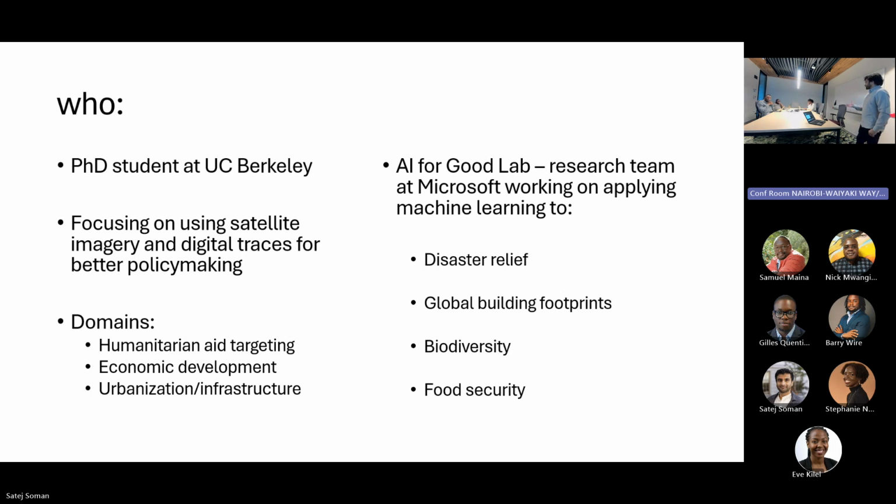For the last 5 or 6 months, though, I've been here in Nairobi as a visiting scientist with the AI for Good lab. This is a research team at Microsoft that uses machine learning tools and modeling techniques and applies them to a number of social impact domains. Things that the lab has worked on include rapid disaster relief, mapping out global building footprints, biodiversity monitoring, and food security early warning systems.